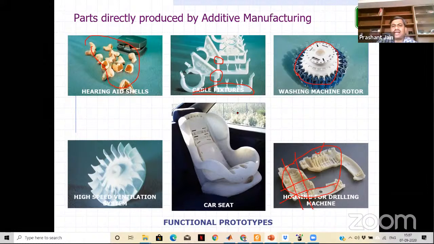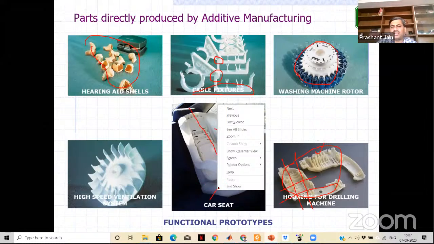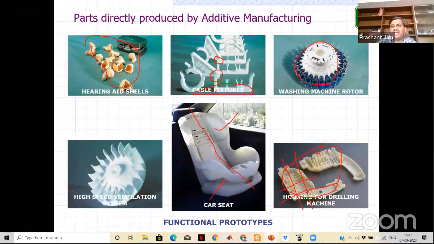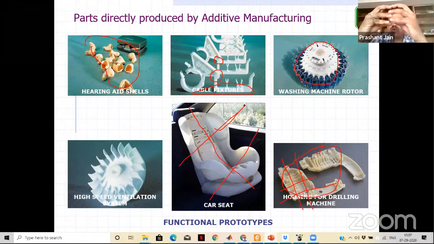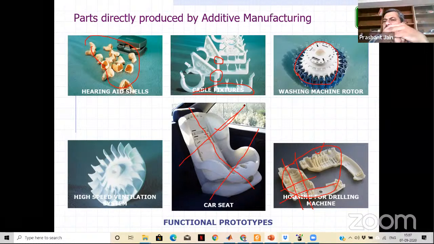You can see here, this is the car seat. Of course, a normal machine does not have this much build volume. People are still trying to develop software or some decision support system where we can put the cuts like this. So this car seat can be built in 6 parts, and automatic ratchet kind of things can be attached. So we can just join them, just like most of our pens, or a remote or phone assembly. You just keep 2 parts on the assembly and you can just press them. They are joined, right? So these are the typical applications.